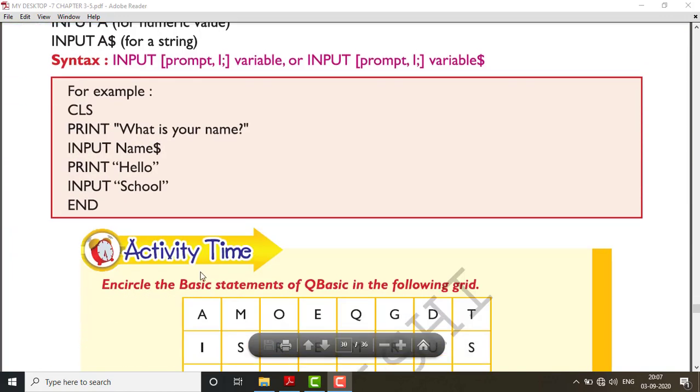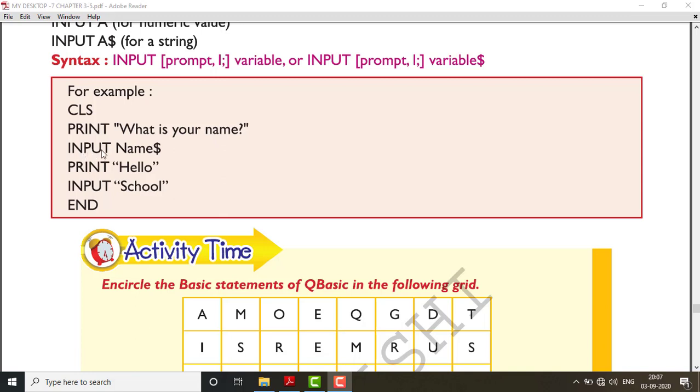Take the example here. Look. This is the example of print. What is your name? You have to use the input command and here you can write your name. Print hello, input school. So print is used to type or display anything on the screen, and input is used to take input from the user. Here as you start the program, you will get this. What is your name?